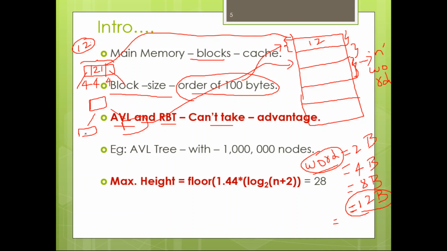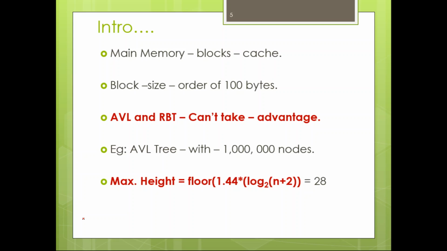And the nodes in the third level are probably stored in another block of the memory. So these four nodes may be stored in the next block. So what's the problem with that? The problem with that is